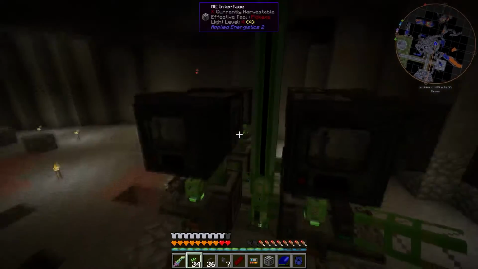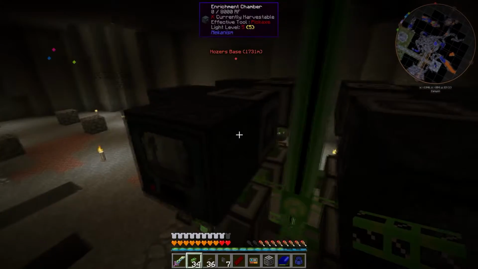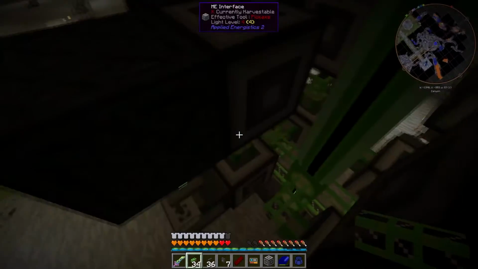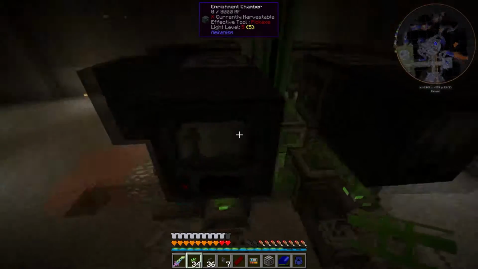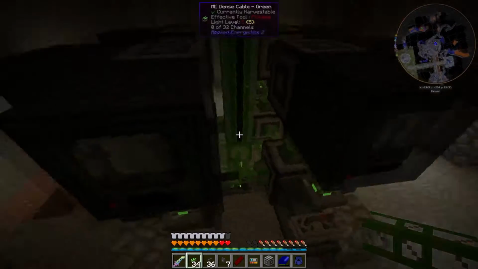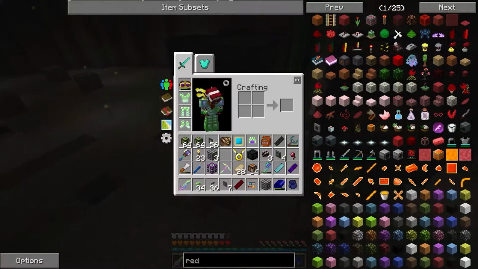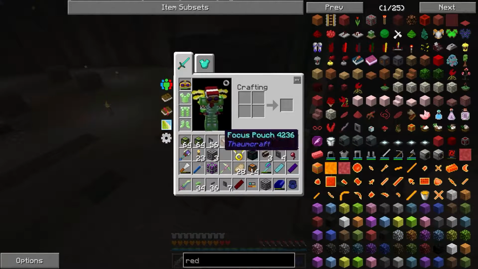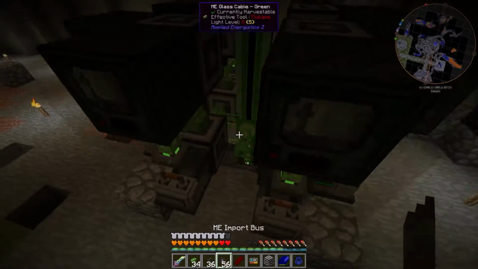Next stage, the final bit that we're going to be doing on this bit, is actually getting the items imported into the system. I'm trying to think how's best to do that on this little setup we have here. I'm probably thinking have it in the middle rather than on the top. So import buses. Do we need import buses? Yeah, we do. We need to pump stuff back into the system, don't we? So import buses will be basically